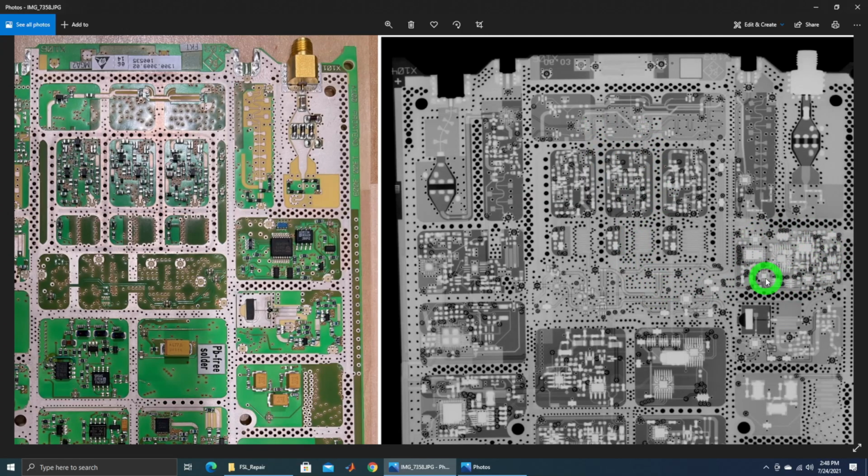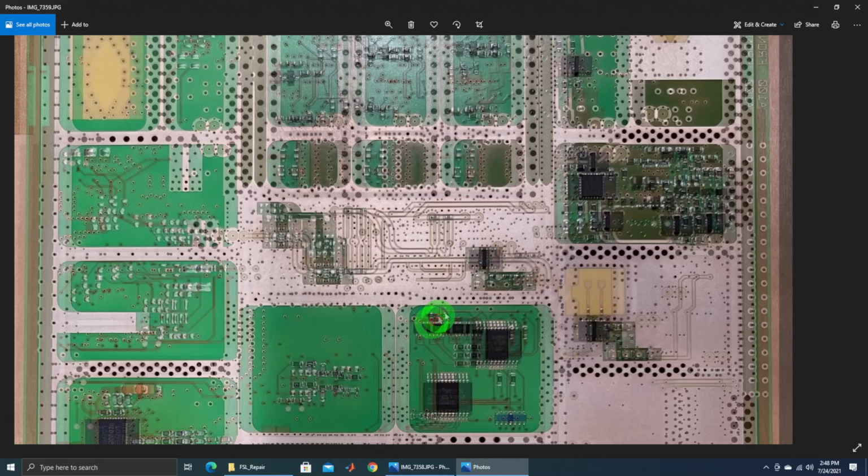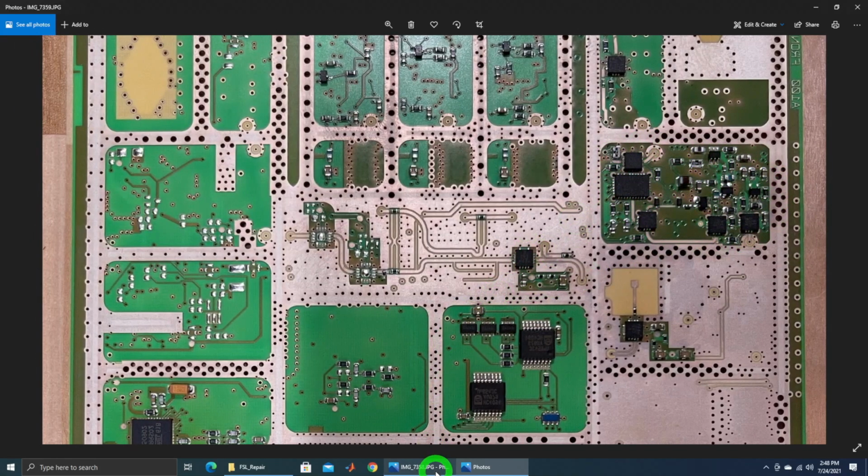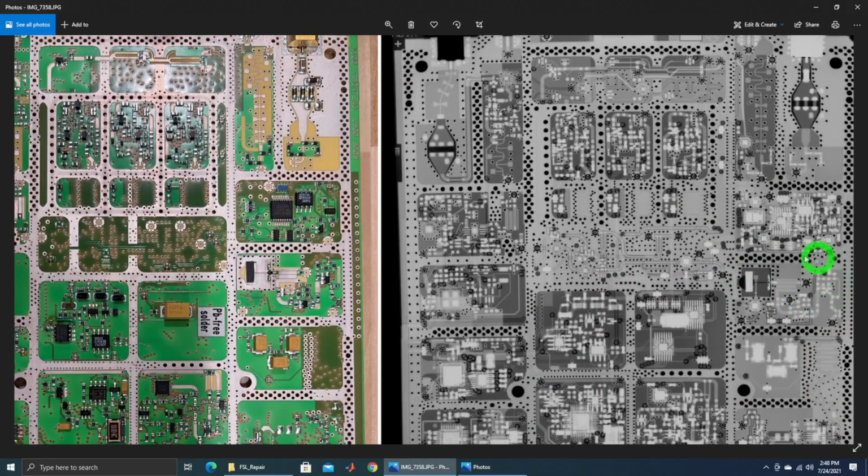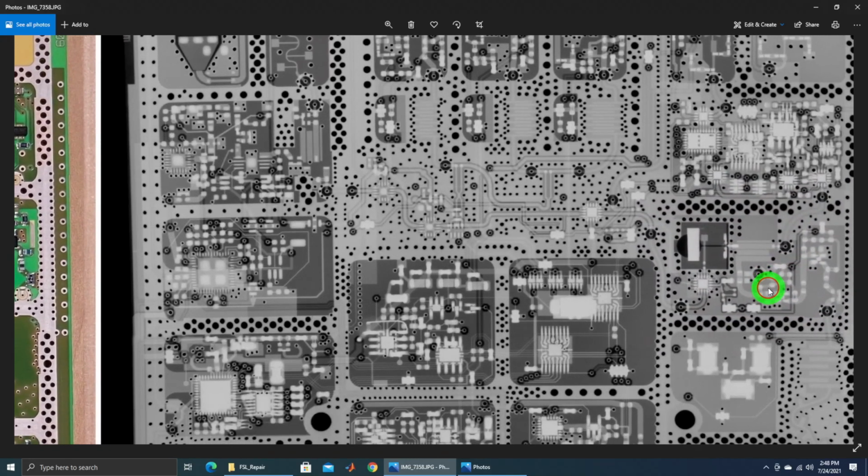Here we have some front-end switches and a digital attenuator. You can see it on over here. There you go, these devices right over here. And then we go back over here a little bit more into this section. Now this is probably the most interesting part of this, at least in my view. If you look at this structure, it's